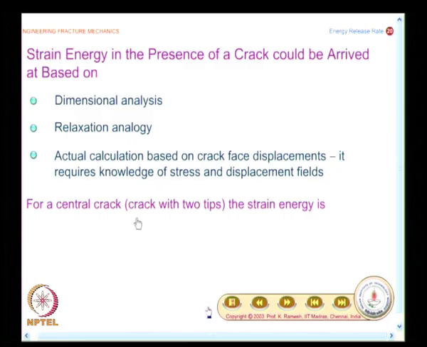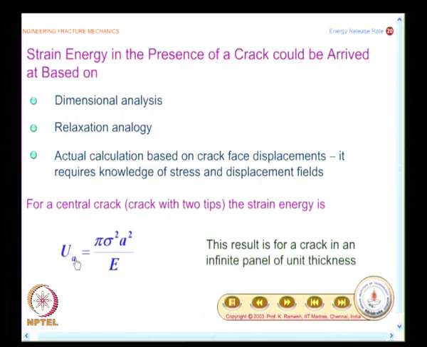For the current discussion, we will look at a central crack, and keep this information in mind, a crack with two tips. This is also a very subtle point, but equally important. The strain energy is given as U_a equal to pi sigma squared a squared divided by E. This is for a central crack. Once you say central crack, it is a crack with two tips,